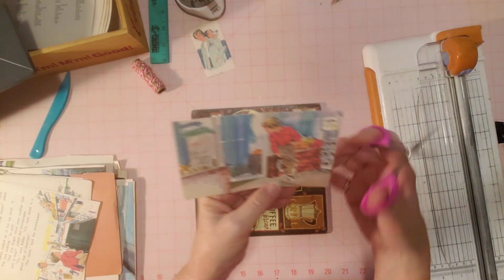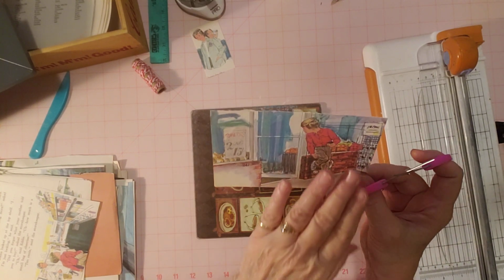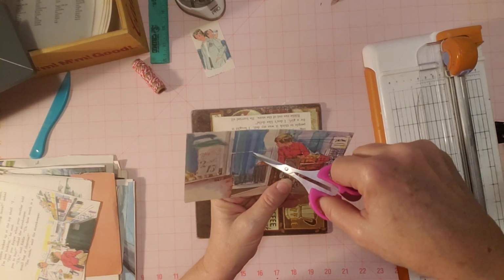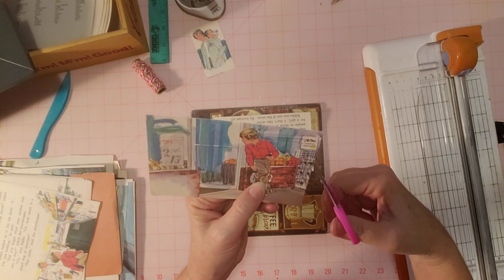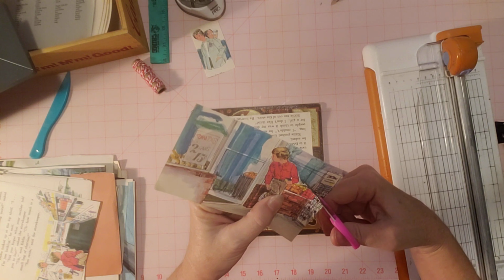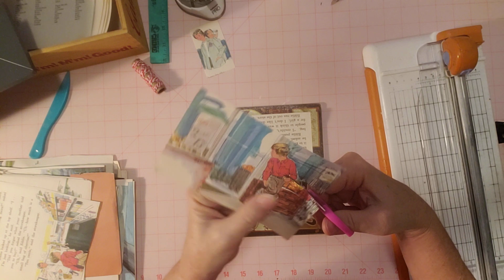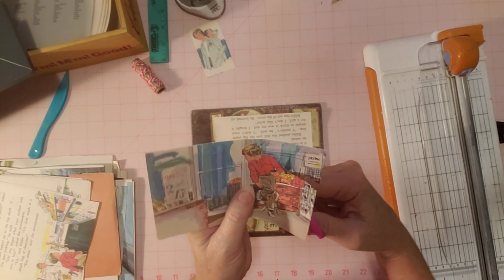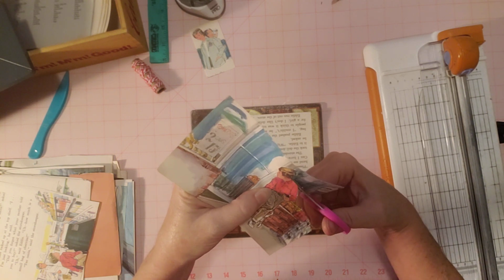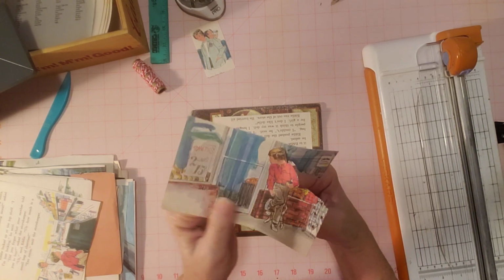So all I do on something like this is, I like something with kids or people or whatever you have, and then I like to cut around the heads. I think that's really interesting looking. So I would just go like this and cut around, so you have some interesting little, you know, it just makes it more interesting if you've got at least some fussy cutting on the top, especially when it's people. And so I'm going to try to use my best fussy cutting skills here so we can do this really quick. But I just wanted to show you